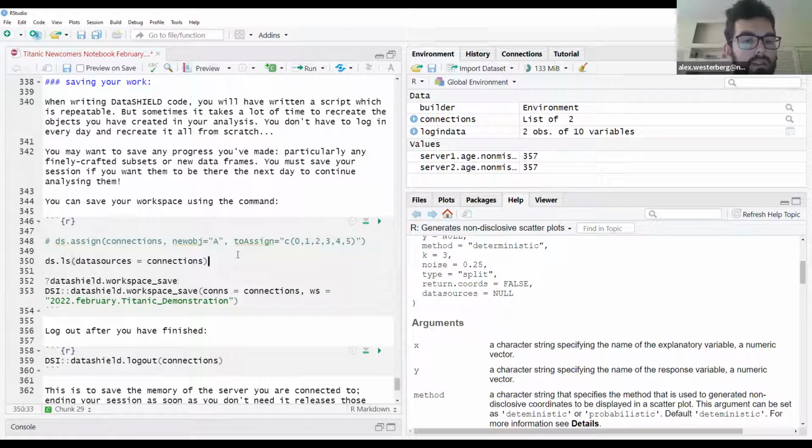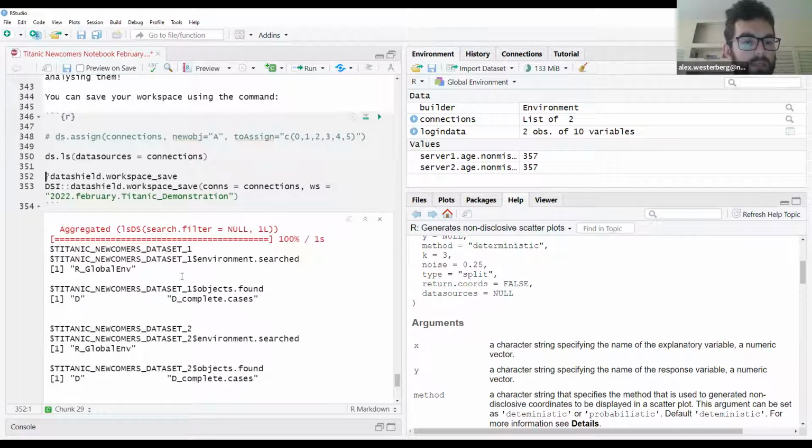Firstly, I'll list the objects we've got. So we've got the data frame D and also the complete cases that we generated earlier. But now if we save the workspace and call it 2022 February Titanic demonstration and enter that,